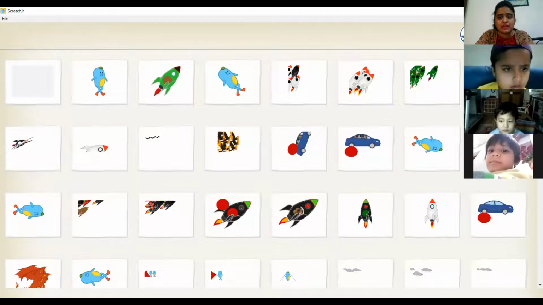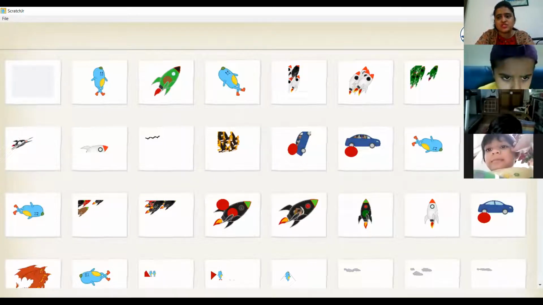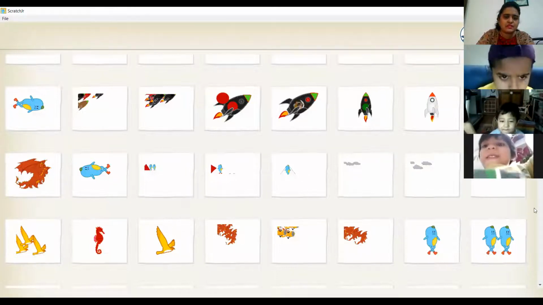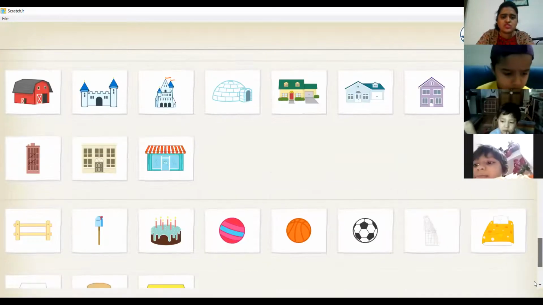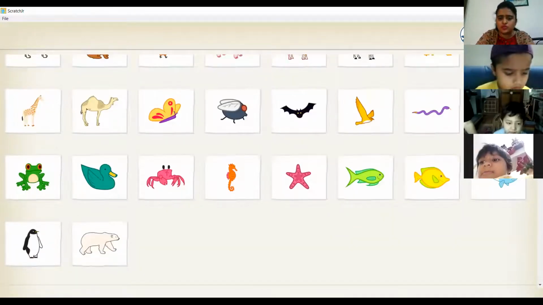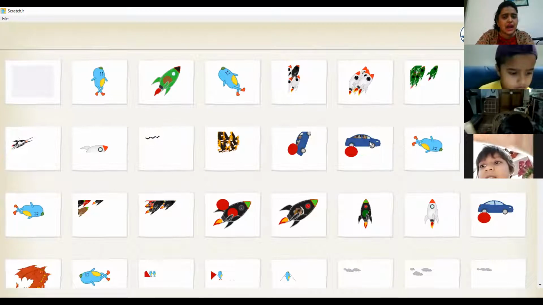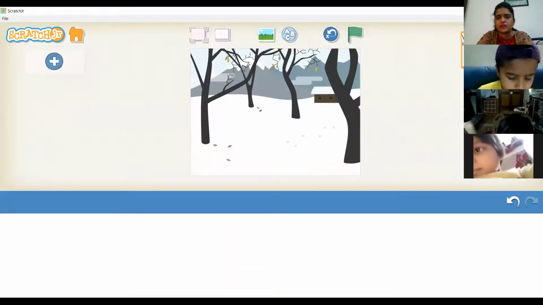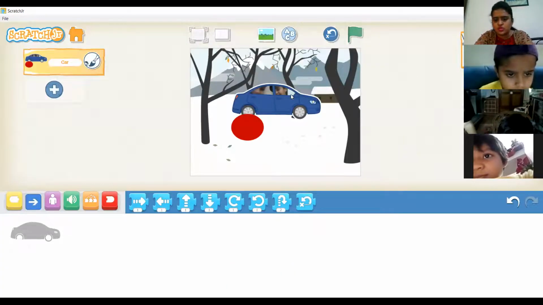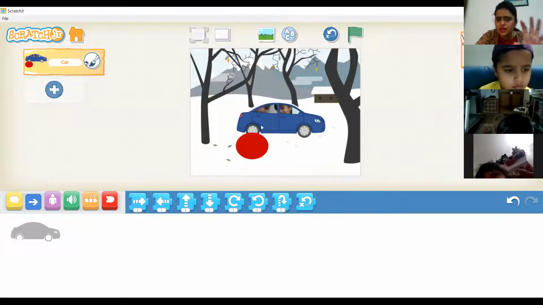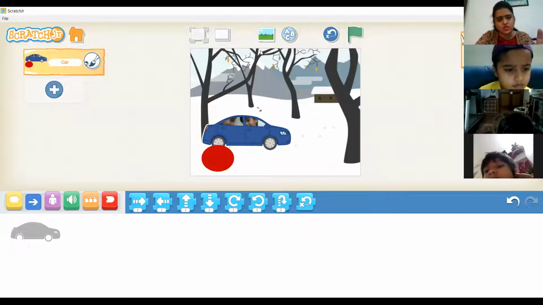See, so many things are there. There are balls, cars, parachutes, so many things are there. Animals are there, human beings are there, flowers, fruits, houses, everything is there. So you can choose any of these. Okay, for now I'll be choosing this car. Everyone can see. So this car I'll choose and I click on the right button, which is on the top right corner. So this car we have chosen. Understood? See, this is the car that I have put. I have taken the image. Now I have put this car over the background that I have taken. Understood? Yes.